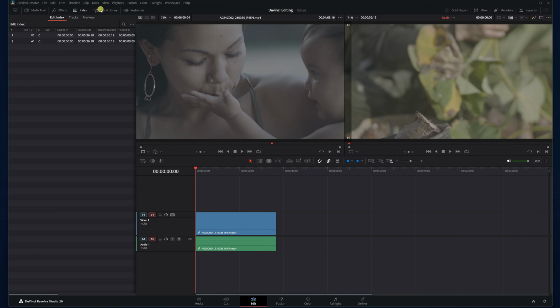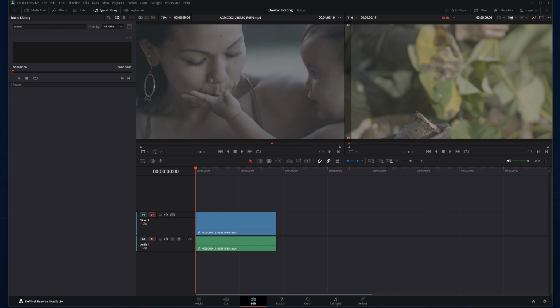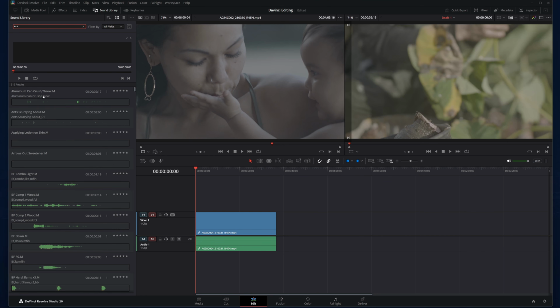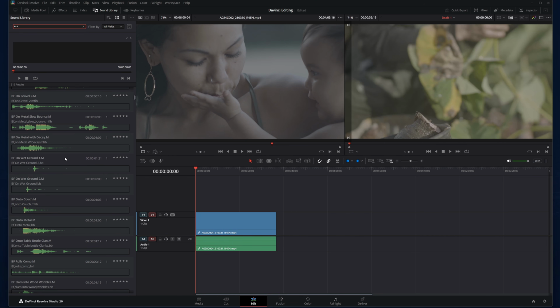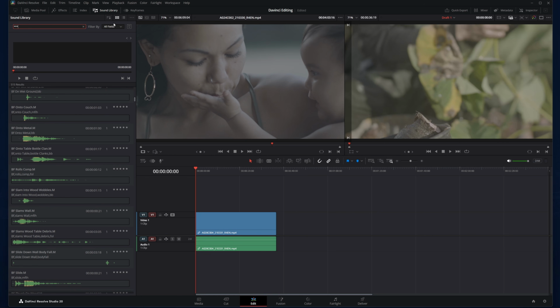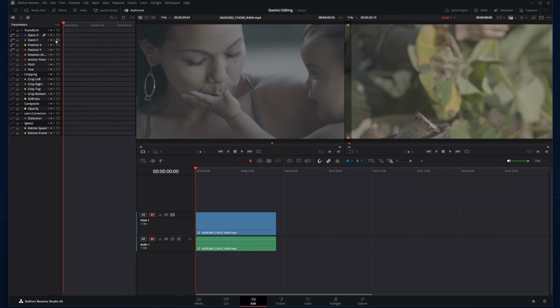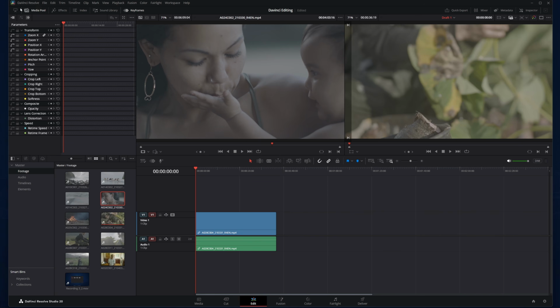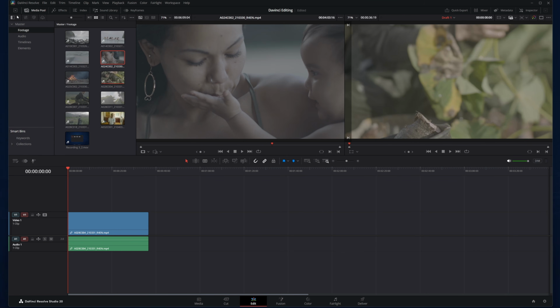Sound library should prompt you to download a sound library. If you do that, you can search any sound. I'm just going to hit 3 asterisks to show all of them, and this gives you a ton of great sound effects you can easily drag into your video. And then there are keyframes, and we'll cover that more later. Notice this button, it extends and retracts this window. When it's extended, you can select 2 windows at once, which is helpful. For now though, we're just going to leave it like this with Media Pool.